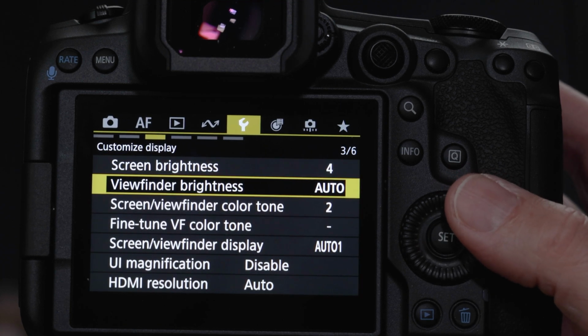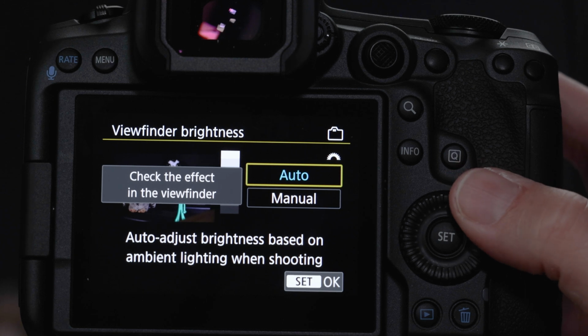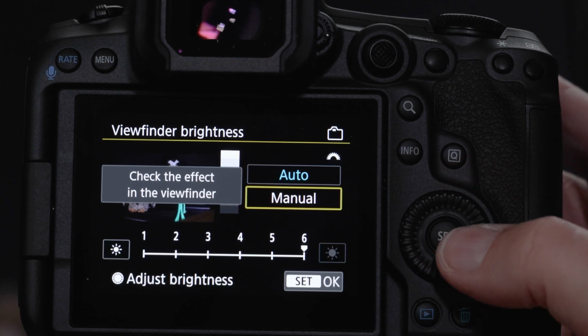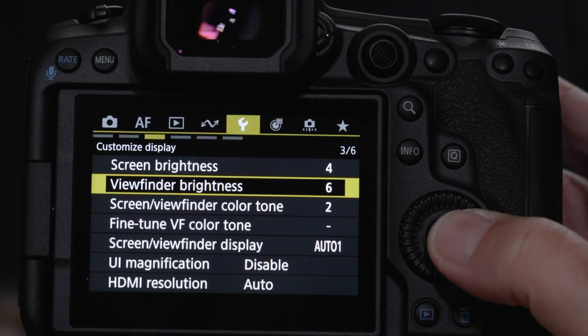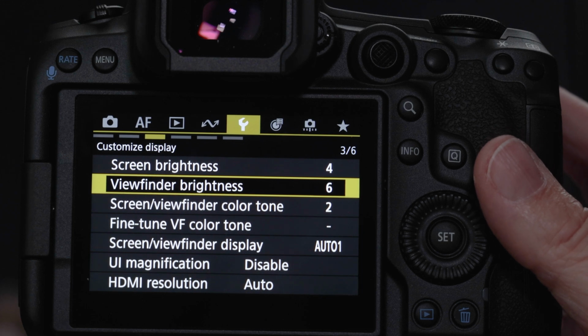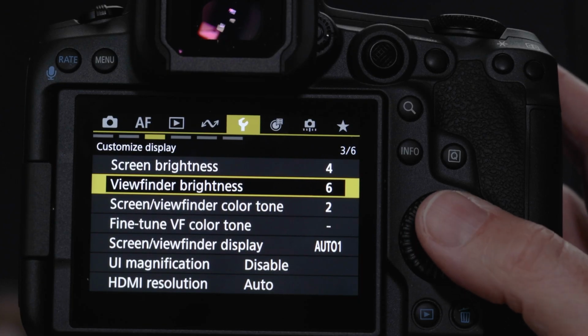Viewfinder brightness. Auto's no good. I always want the same brightness in there. So I go to manual and then I set that to 6, full power. So I always have the same view here. Because remember, what you see in the viewfinder is what your picture is going to look like. It's not like DSLR cameras, right? These mirrorless cameras will show you what you're going to get, which is very, very cool. That's one of the big pluses with mirrorless cameras. Okay,